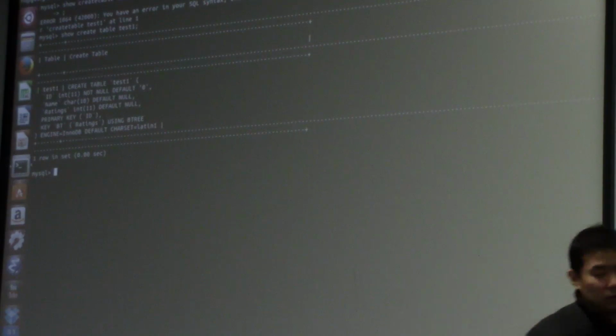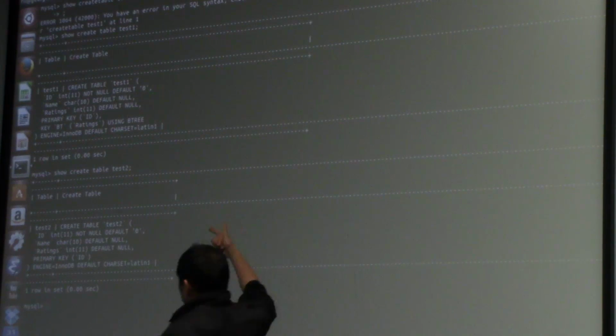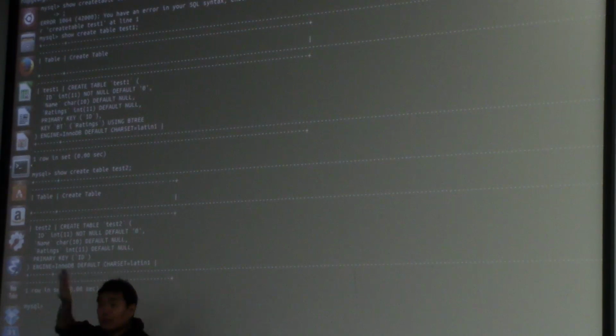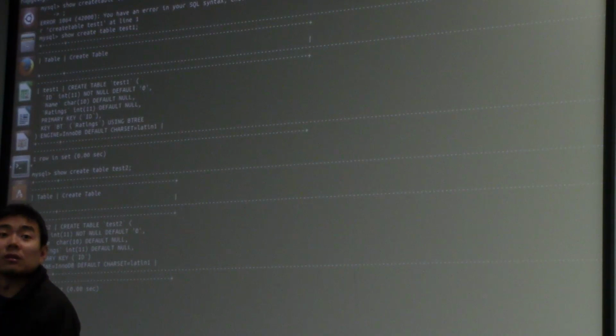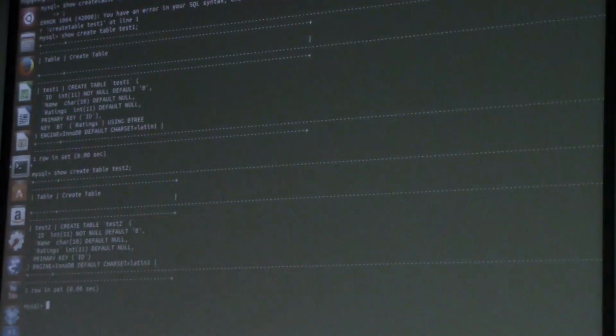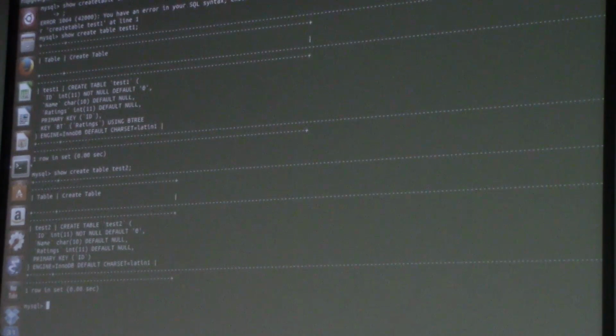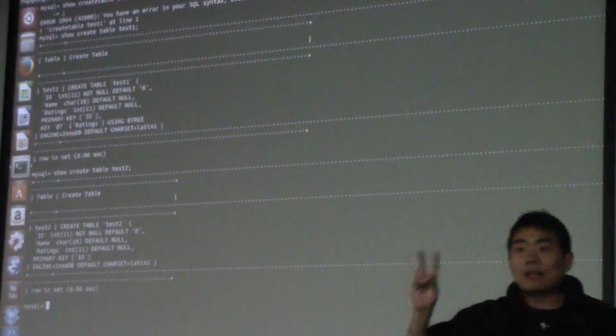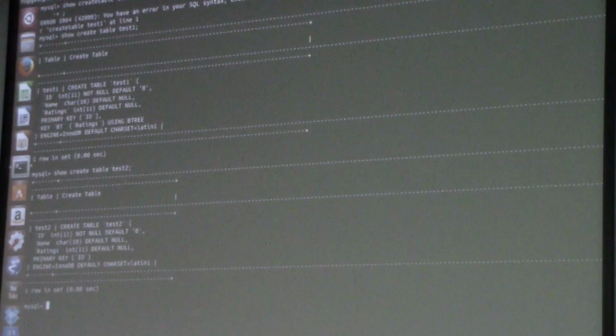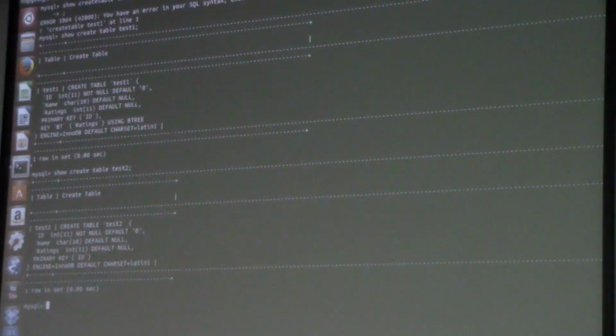Now, I'm going to show you table 2 as well. It's exactly the same setup, ID, name, rating, and in fact, they have the same set of records. 5 million records. Only difference is, yes? Certainly you could dim the lights. Okay. This would be a little hard to see. The only difference is, it does not have that indexing structure on the rating attribute. That's the only difference between the two tables. Does that make sense? Yes or no? Yep. So what I'm going to do, I'm going to do a simple experiment.